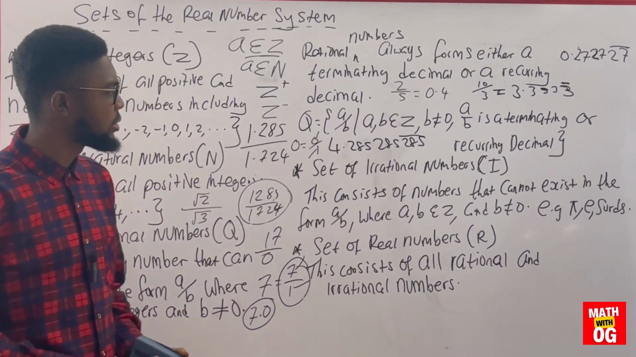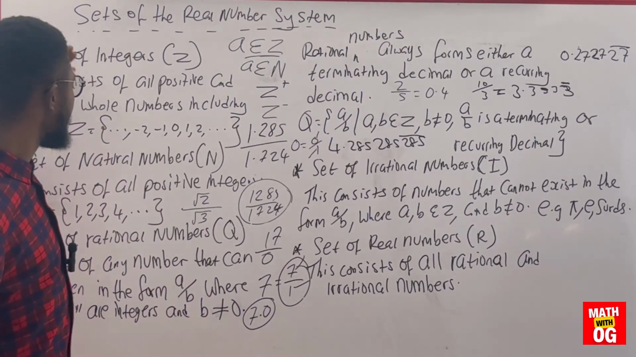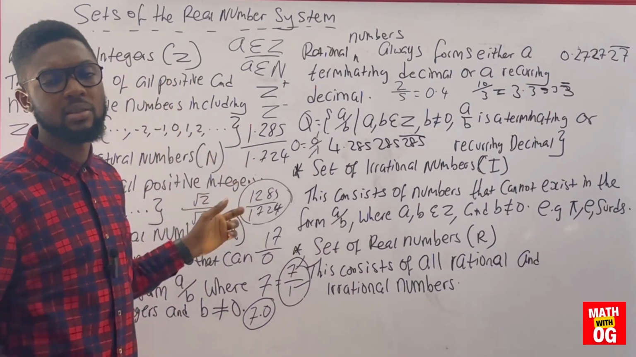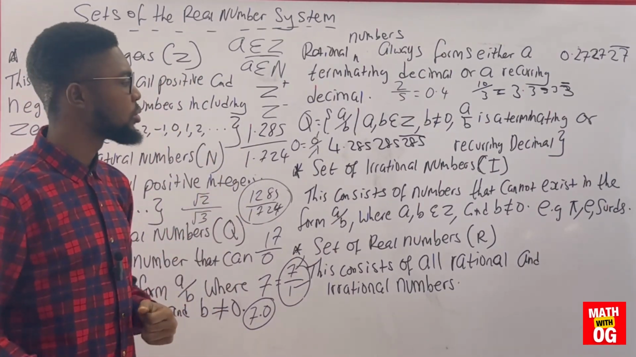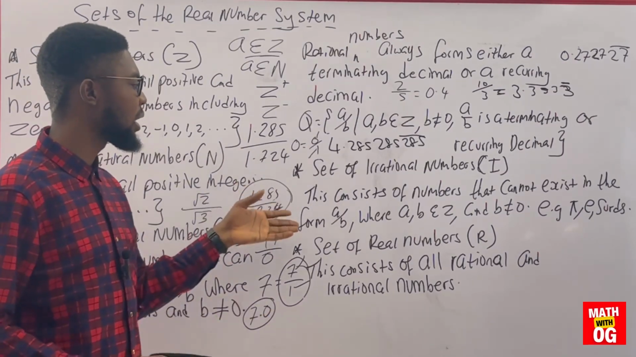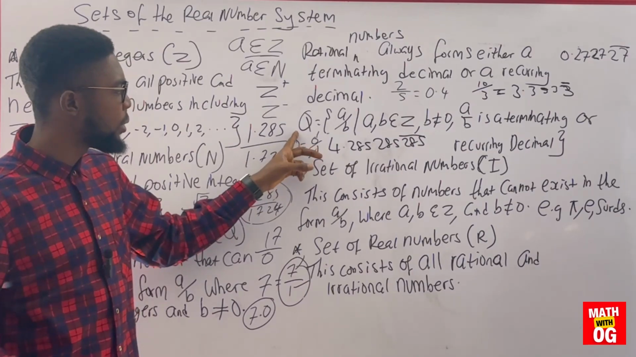Now the last one: if all numbers are rational numbers, it means that all integers and natural numbers are rational numbers, because integers are whole numbers and natural numbers are also whole numbers. Now, irrational numbers. Okay, before we look at irrational numbers, if I were to write this in its rule method,